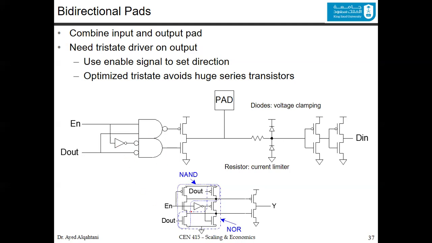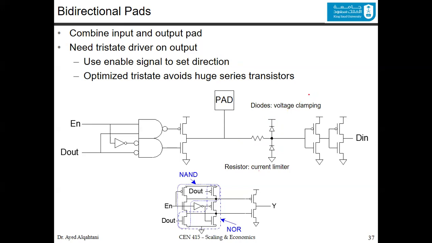And this inverter is this one. Now, for the other side of the NAND, notice that we have a resistance. This resistor is very important to limit the current because you are actually connected to the outside world. So you have no idea how much current you are getting. So you need a current limiter, and you also need these diodes to do the voltage clamping, especially if you have